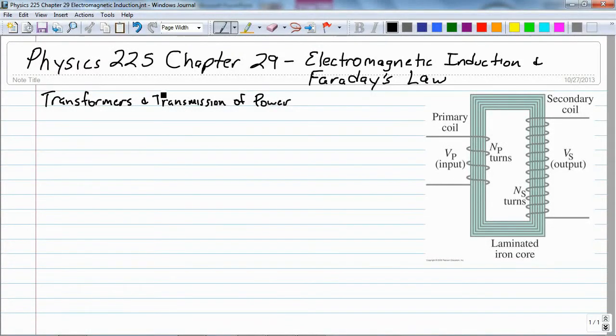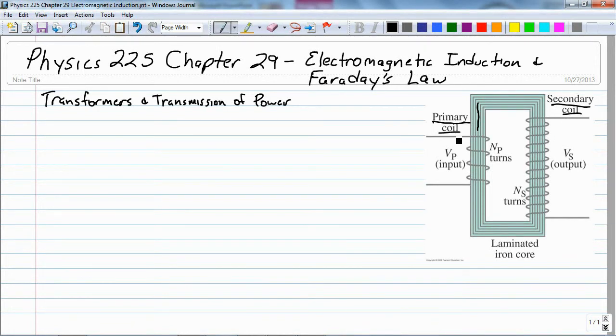Transformers are very useful. They're found in many applications. And the idea of a transformer is one coil we call the primary, and it has a number of turns around this laminated metal structure, and we have a secondary coil around the same laminated metal structure,